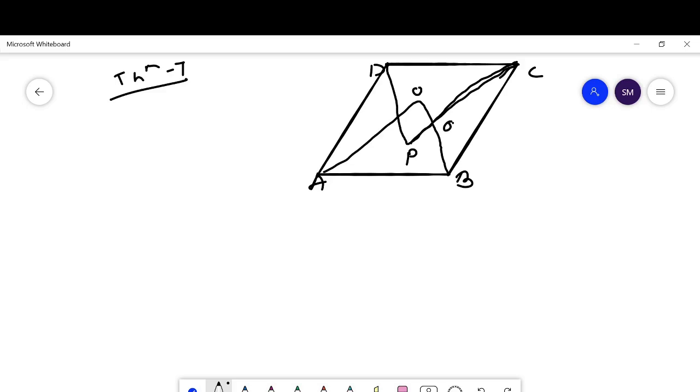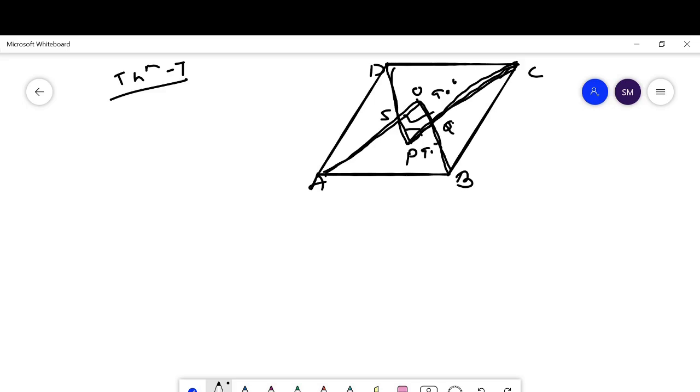Then we have to prove that PQOS is a rectangle. Theorem 3 says, if AO and BO are the angle bisectors, then the measure of angle AOB is 90 degrees. Here, under the same conditions, as DP and CP are angle bisectors, this angle also measures 90 degrees.